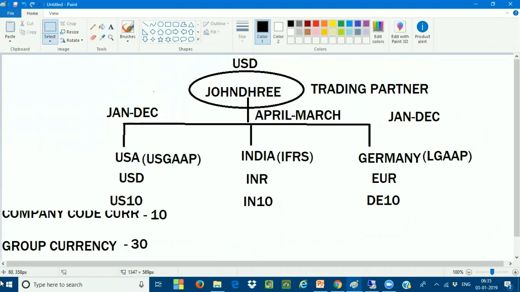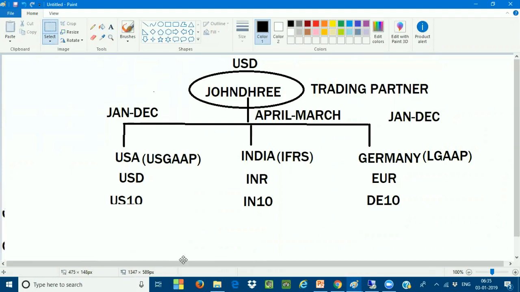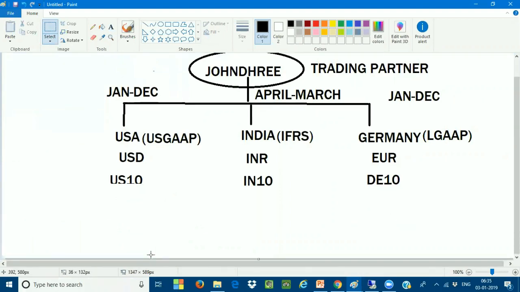I'm just removing this. Okay, so this is my org structure. So in SAP, we have the leading ledger concept and the non-leading ledger concept. For every company code, to extract your local financial statement, and very, very important, I'm using the word local, which is going to be called the parent company code. So if you want to extract the local reporting at every company code level, I want to have one leading ledger, which is going to be called the default.